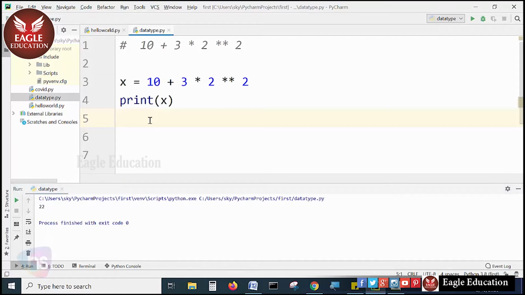Now, as we discussed the rules, it will be executed by the first term. It is 2 power 2. That is 2 power 2. How much will it be? I hope it is 4. And next it will be the multiplication,